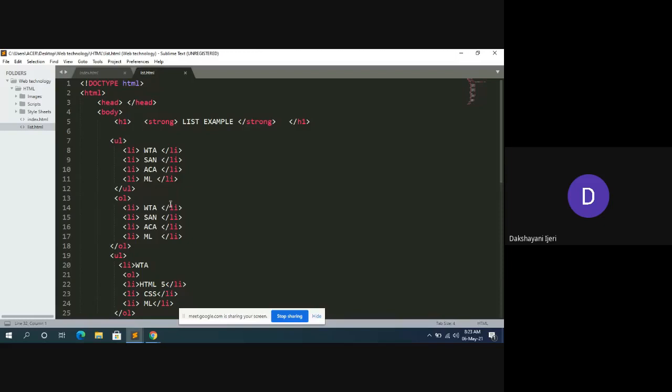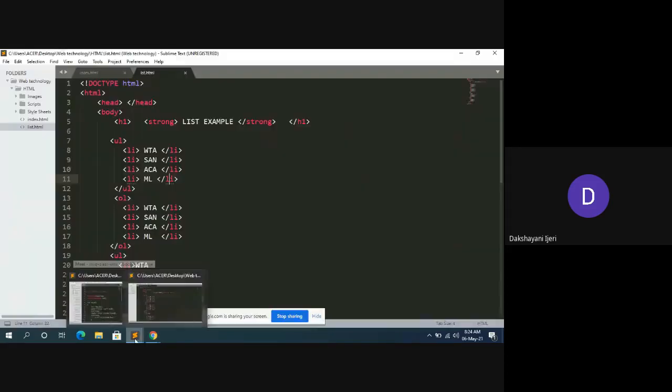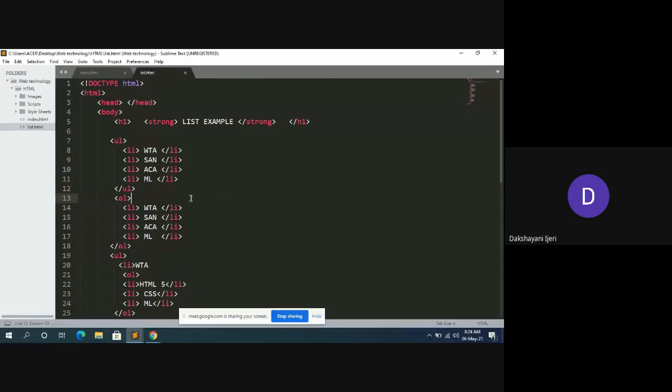Following that, you have the four ordered list items. How to start with the ordered list? The element required for the ordered list is OL. So begin with the OL, and again to add the elements to the list you have the LI. For anything, either the ordered list or the unordered list, to add elements you require the LI. Following that, we have an unordered list. Again start with the UL and take the first element as an LI.